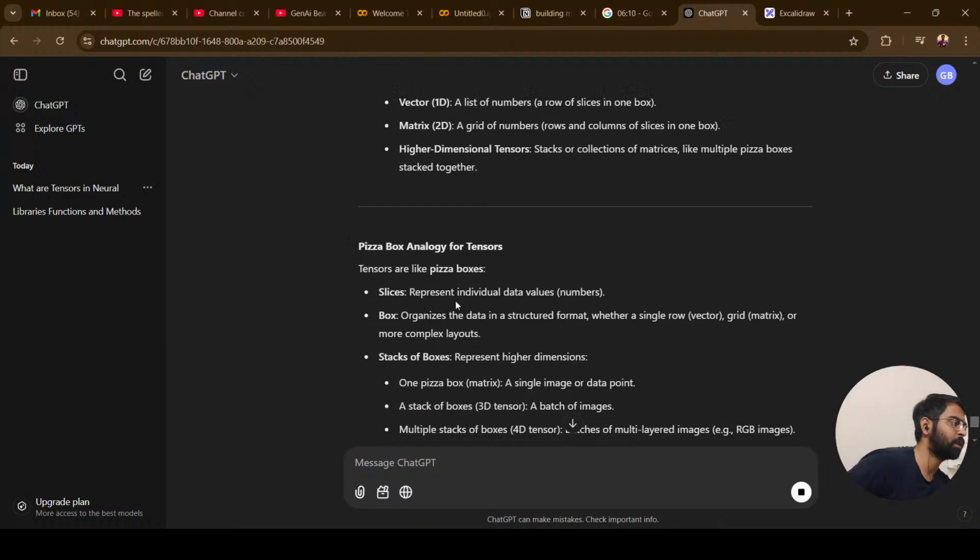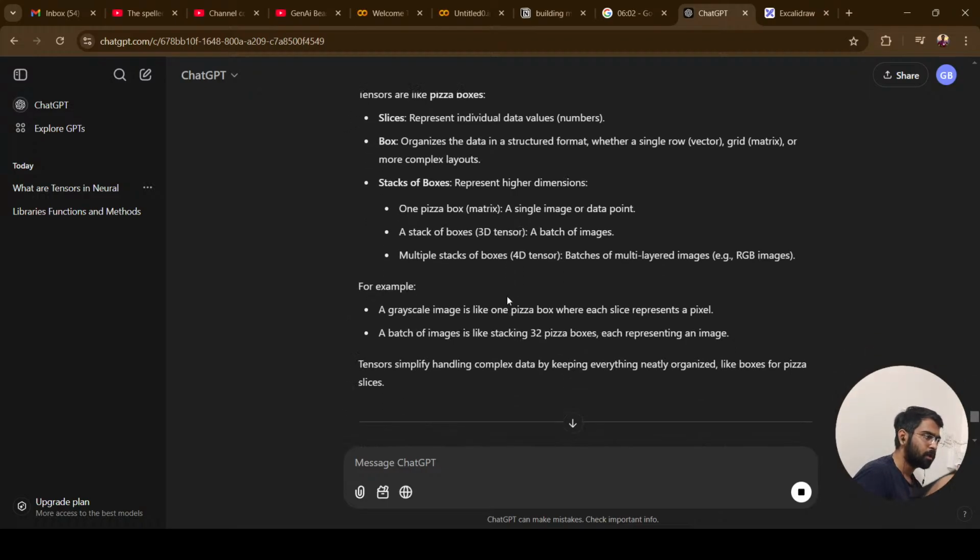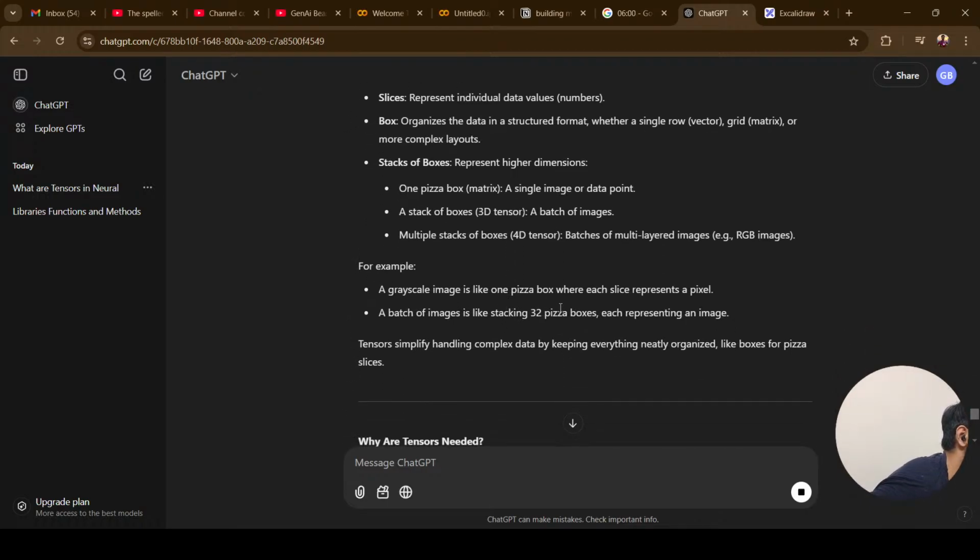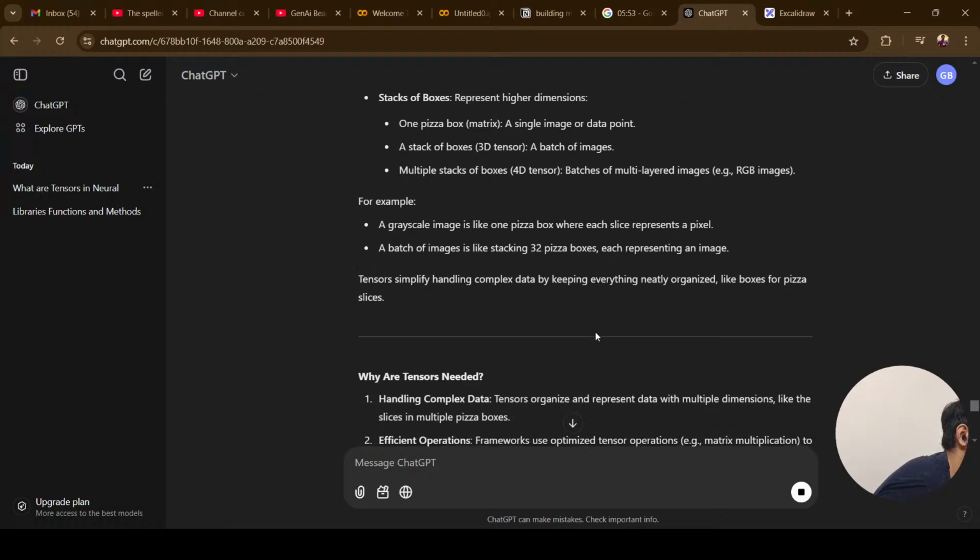Slices represent individual data values. Tensors are like pizza following. Slices are not their data value. Boxes, the organized structure, format, structure, boxes, the single image. For example, like they say like one pizza box where is pizza batch. A batch of images is like stacking 32 pizza boxes and representing one image, an image. Uh,